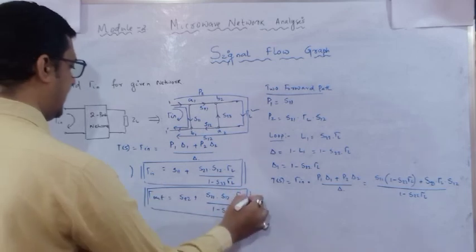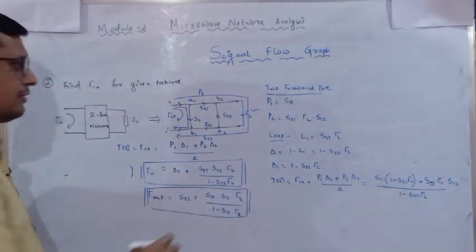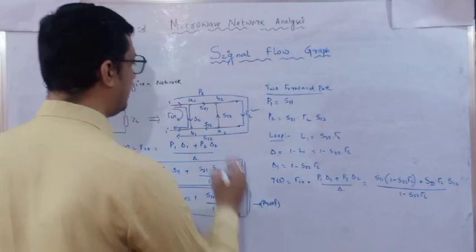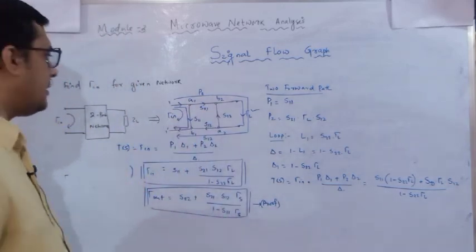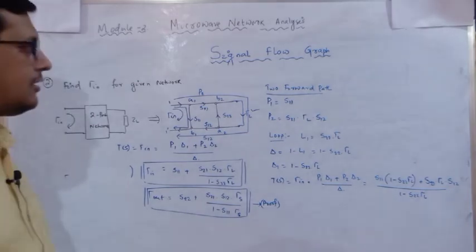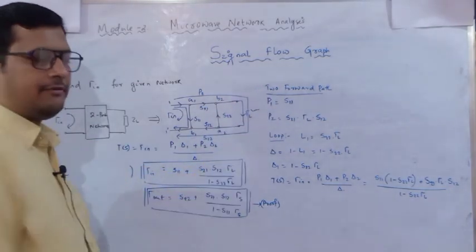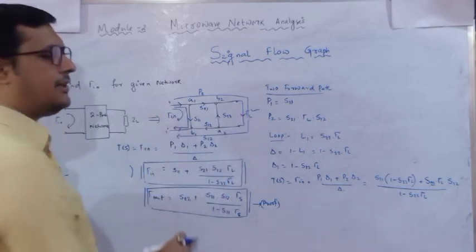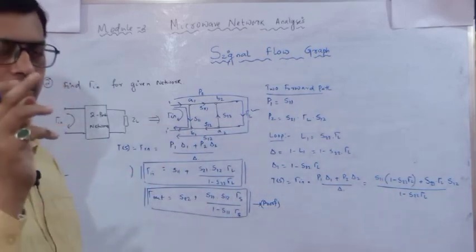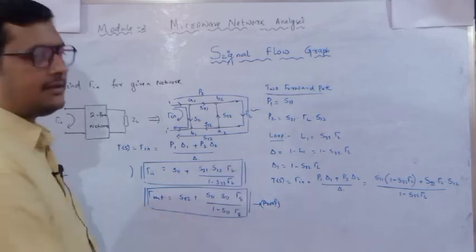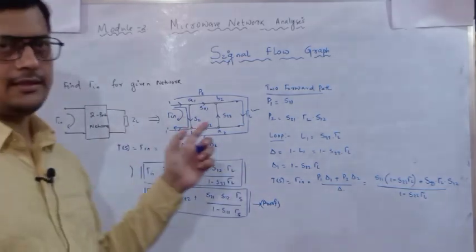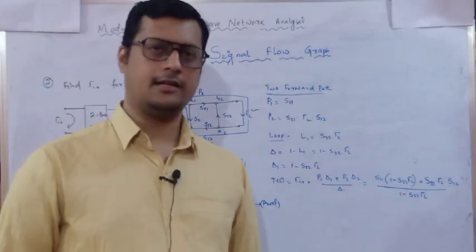So this is the relation you have to prove. Try to prove this particular part by using the same technique, the same concept. The only thing is, open this and measure the reflection coefficient at this particular point, and terminate with respect to the source reflection coefficient rho s, and then try to solve this. Try to prove this. In the next class we are going to prove this and do a few numericals. Till then, thank you all.